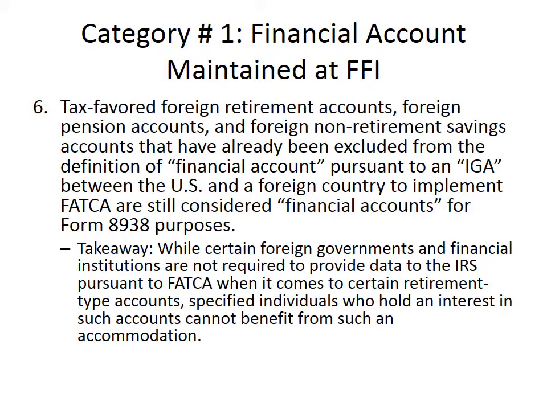There's different models. There's a Model 1, there's a Model 2. These intergovernmental agreements are the product of treaties between the U.S. and the foreign government. And the reason why they are in existence is because